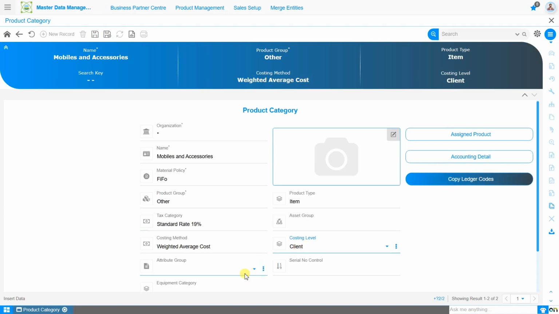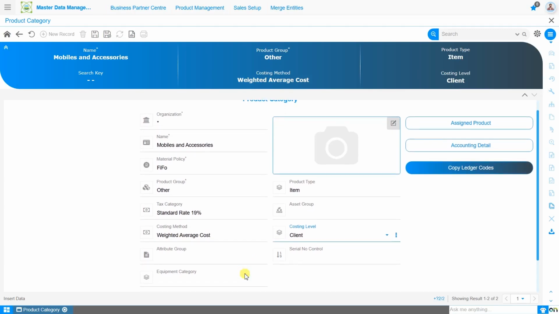Attribute groups are linked to add additional attributes, values, or variants to the product. Attribute groups are linked even for tracking a product serial number, lot number, or expiry. You can bind an attribute group if you want to apply predefined attributes to products under this category. This helps streamline product setup by automatically applying relevant attributes. It reduces manual effort during product creation, and the assigned attributes can still be modified at the product level if needed. For this session, we'll proceed without binding an attribute group, though a dedicated training on attribute configuration is available